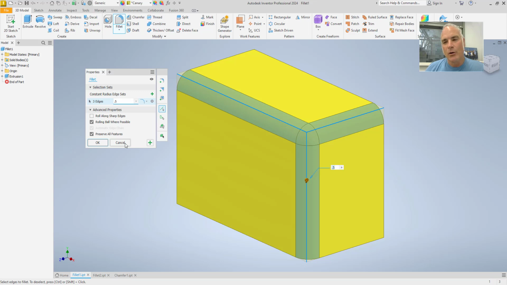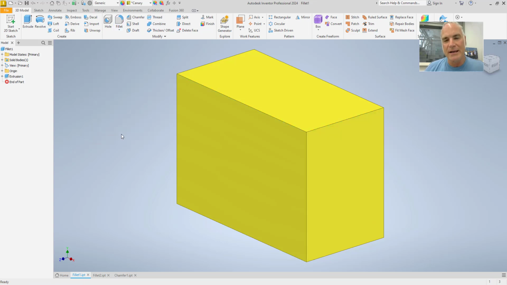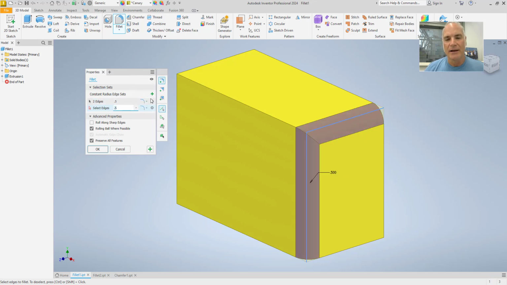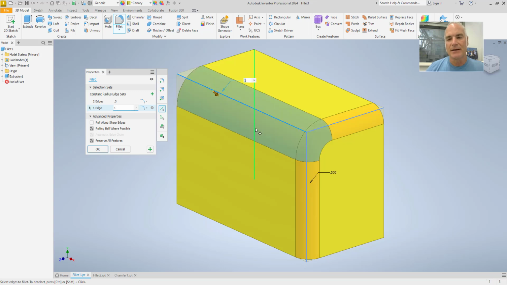But I'm not limited to only one radius. I can also come in and in this same fillet function, I can change to several different radii. So for example, let me start the command again. I'm going to say I want a fillet of a ½ inch on this one and a fillet of a ½ inch on this one. But if I want this one right here to have something larger, like maybe 1 inch, I can come over here and I can click on the plus right here, and I can add another radius of say 1 inch, and then I can pick another edge. And you'll see that this one now has a 1 inch radius,